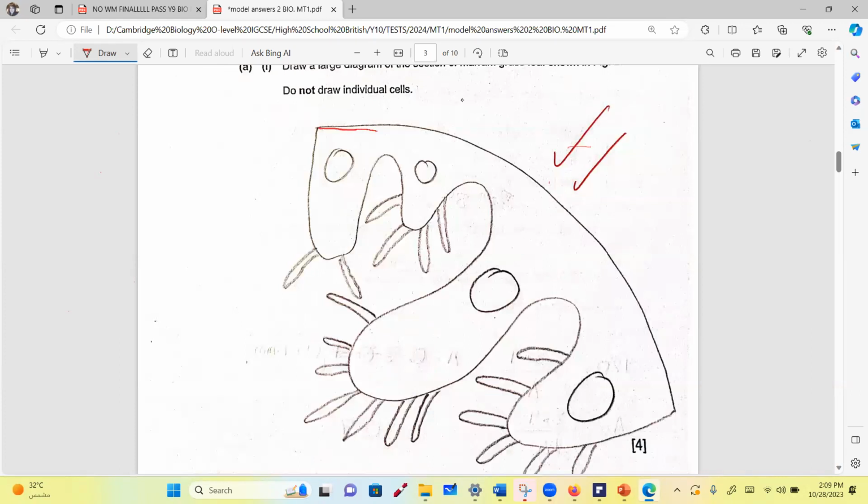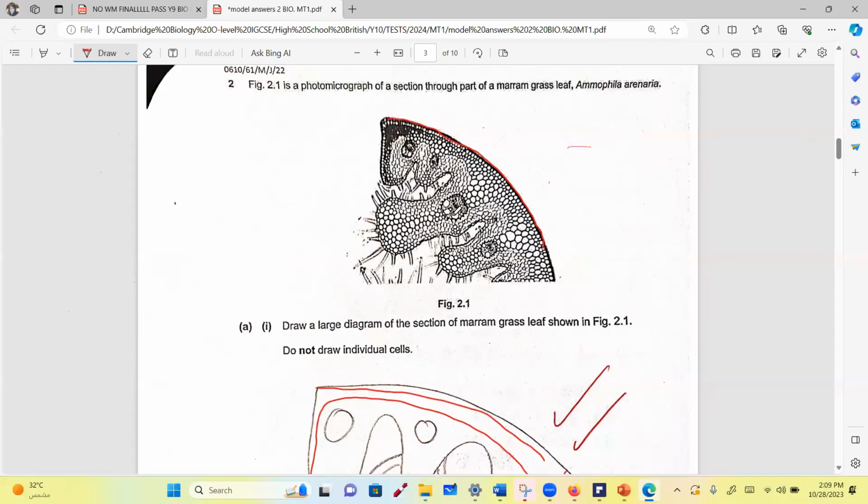As you notice in the picture itself, there is a dark thin layer, which is the epidermis, and there is another layer of cells above the epidermis. So if she had shown the layers, she would get 4 out of 4. I did not deduct any grade for anyone for the picture. Look at the picture here. There is a dark line here. This dark line is the epidermis, and there's another layer of cells here. This is actually the palisade mesophyll for this monocot plant. So I thought maybe you need more practice, so I did not deduct.